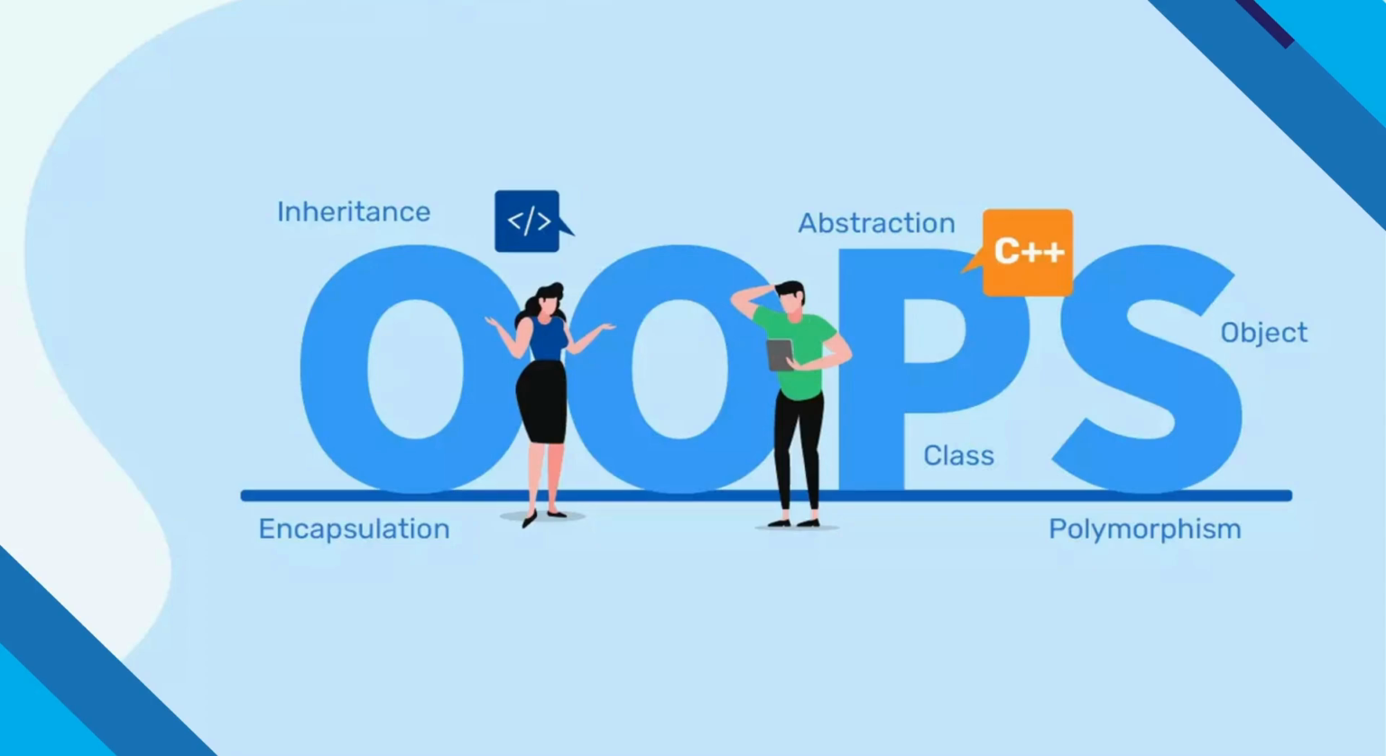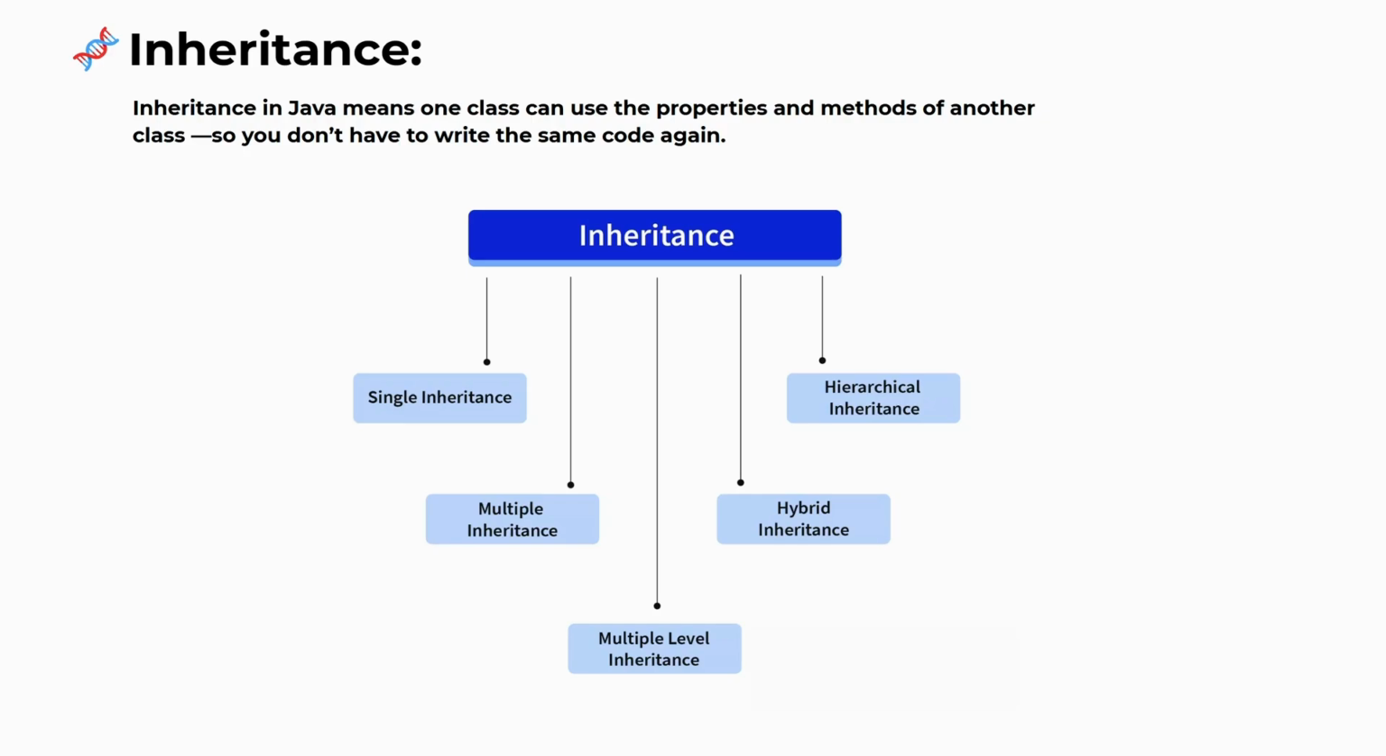Hello everyone. In the OOPS concept series, today we are going to understand inheritance. What is inheritance? What are the types of inheritance and how can we achieve inheritance in Java? So let's get started. Inheritance in Java means one class can use the properties and methods of another class, so